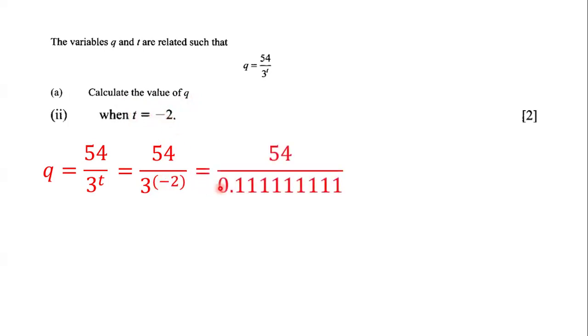Next, we say, what is 3 raised to the power of -2? Well, 3 raised to the power of -2 is 0.111111111. So we have 54 divided by this decimal. And when we divide it, we get